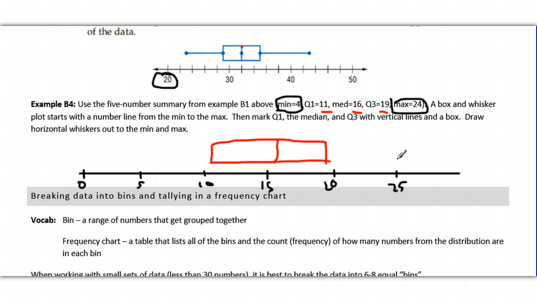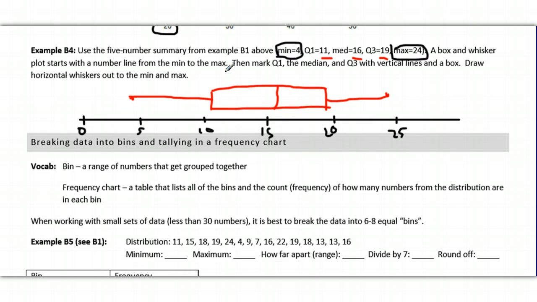And then finally I have my max and my min. So I have my max up here and my min down here. And then I need to draw little whiskers to get from them to the rest of it. So there's a little whisker. There's another one. And so the idea with a box and whisker plot is that you can very quickly identify the 5-number distribution just by looking at this information on the